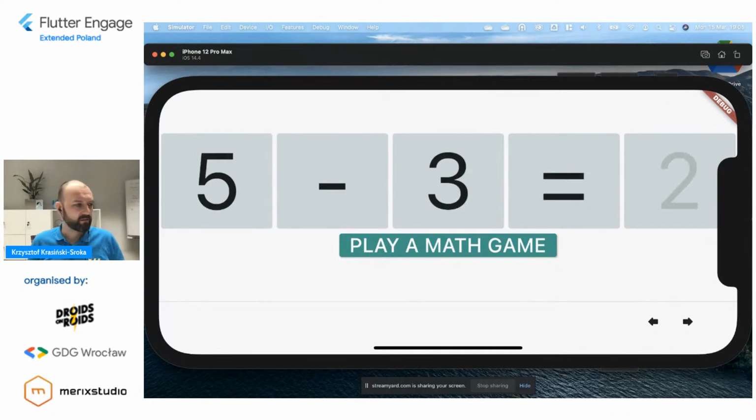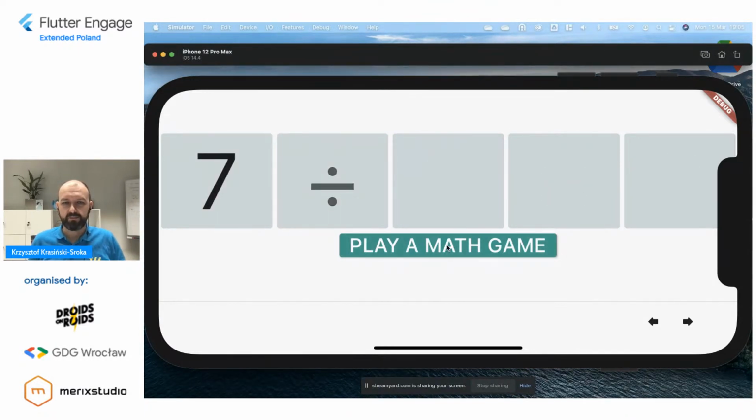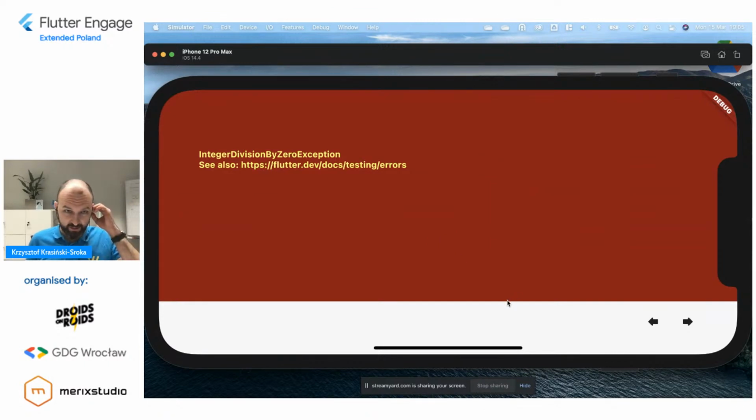And I try on the other screen now to make it go. Let's see. Oh yeah, I need to hot restart. I'll toy a little bit with this. Oh, and this is a problem that we actually want to fix. So we got this infamous red screen. And this red screen also happens quite often, and when it happens, it's mostly because we did something wrong, like the division by 0, which wasn't that smart from my side, right?